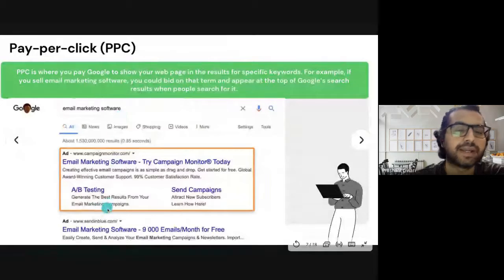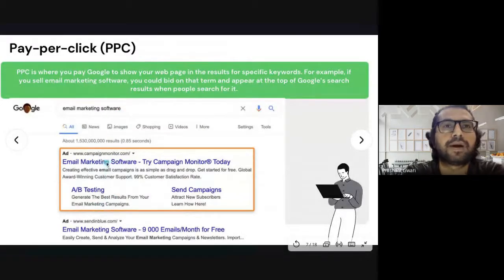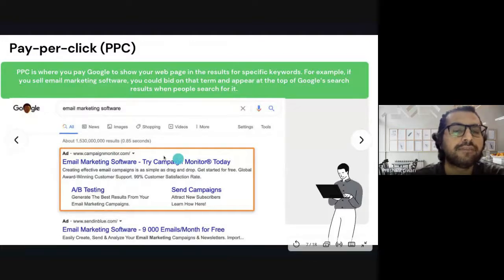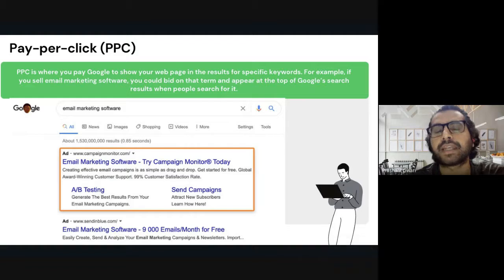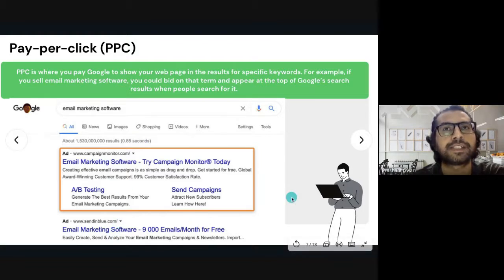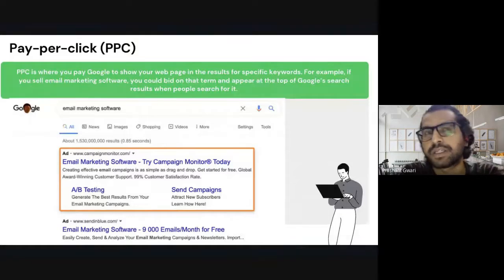Now, I type this keyword in a search engine. These two websites appear because Campaign Monitor was bidding 100 rupees, so he will win the bidding or auction, and the other will lose the auction. Those who lose the auction will come in second place. Those who win the auction will come in first place. Let's say there is a third company, MailChimp, and they are bidding 80 rupees. So their website appears below that, in third place. There is another company, ConvertKit. They are bidding 70 rupees. So their website will come in fourth place.